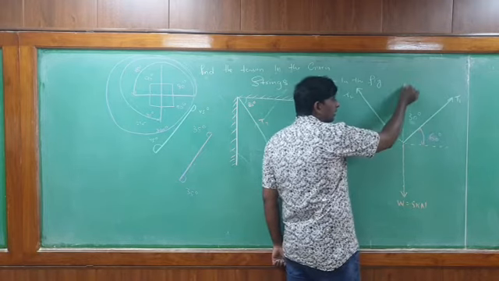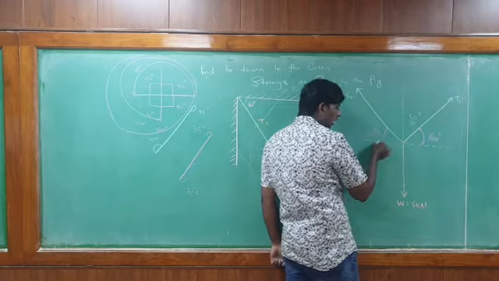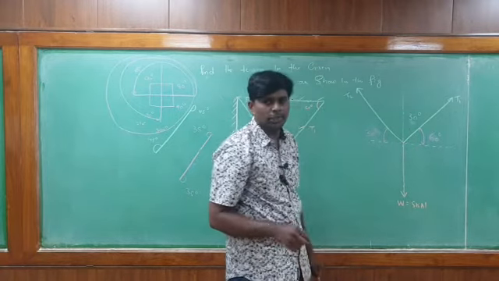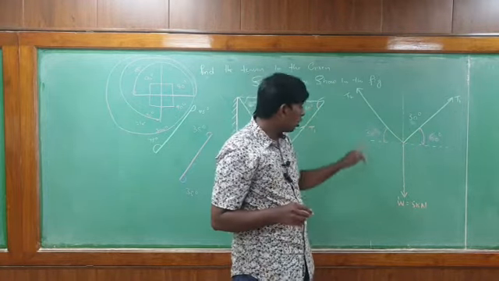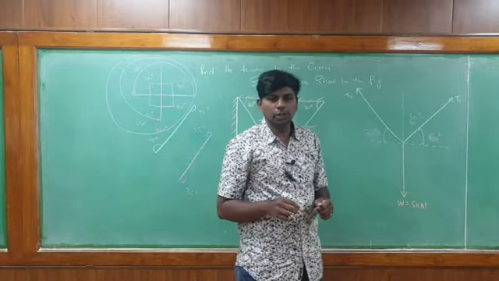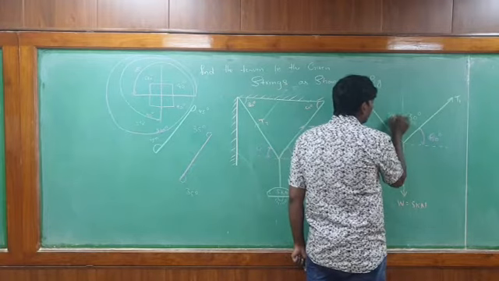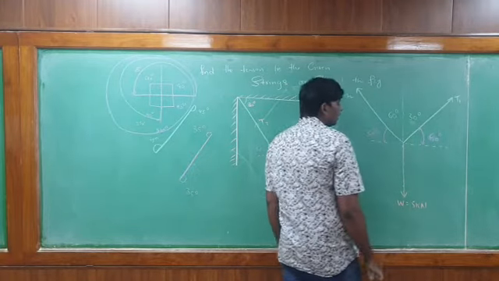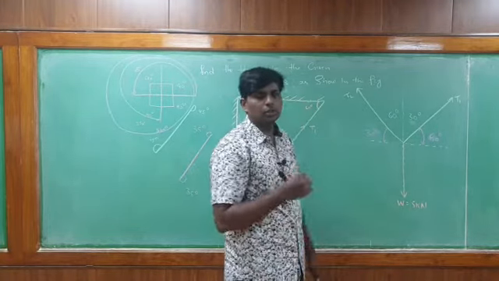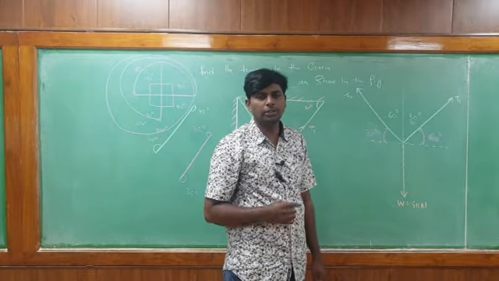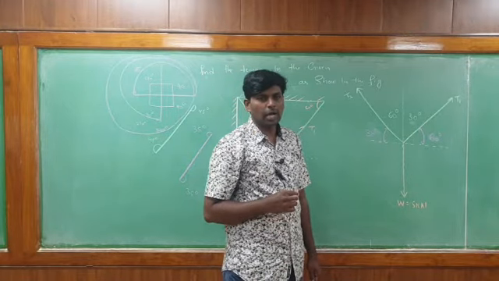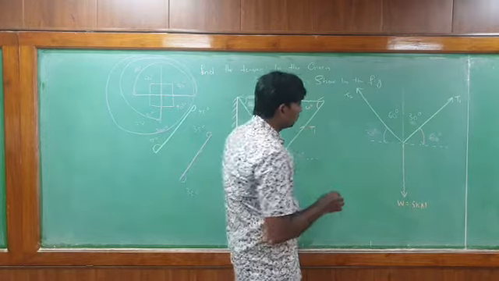Next one, if you see from here to here, how much angle is there? 90 degree. This is your second quadrant, right angle to each other. So, how much angle will be there? 90. How much does he occupy? 30. So, remaining will be 60. So, this angle is equal to how much? 60 degree. You have to remember this one is 60.